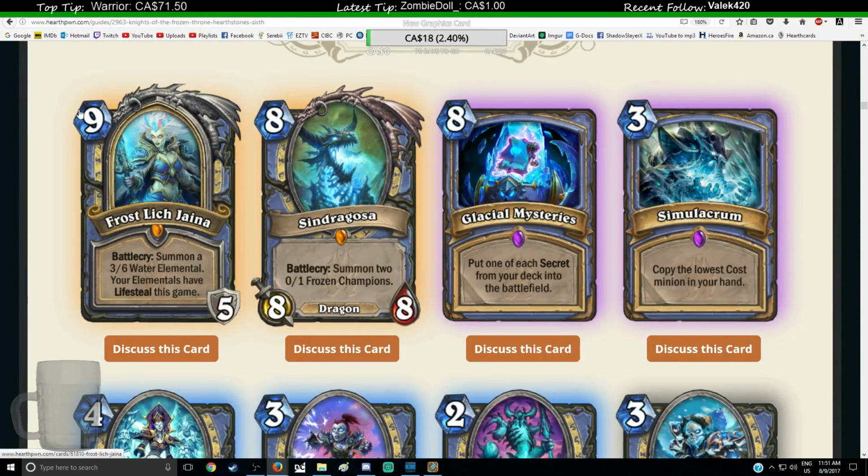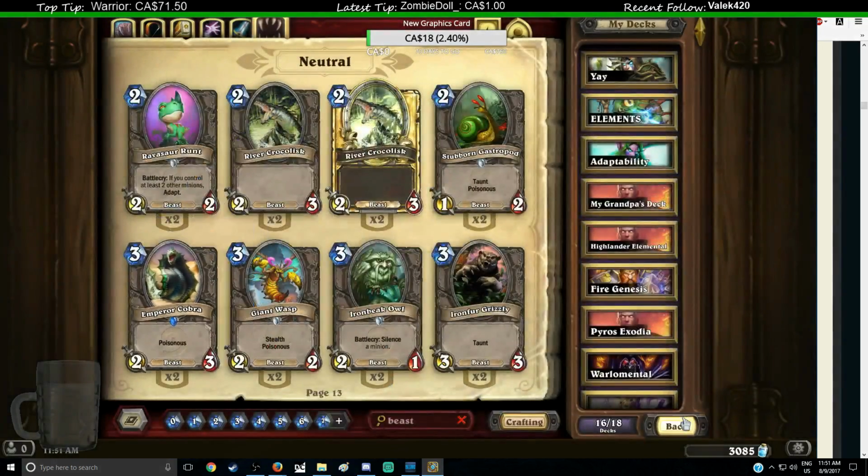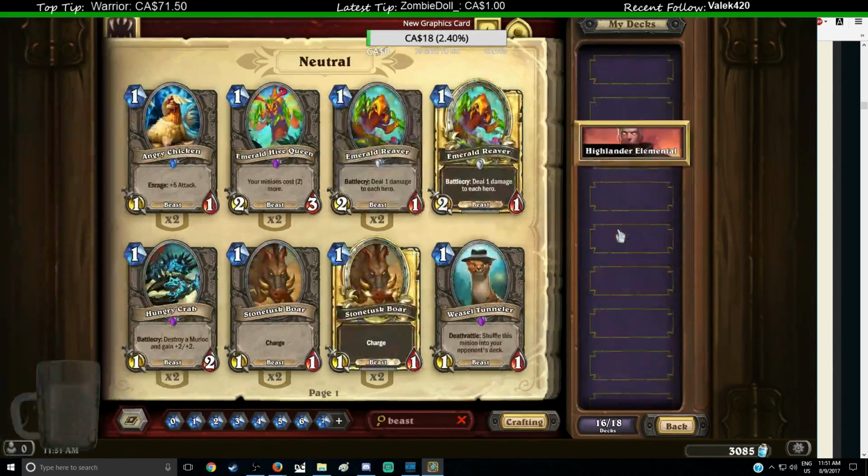Frostlich Jaina, 9 mana, and you always get the 5 armor with a Death Knight. Battlecry, summon a 3/6 water elemental, so that's your regular water elemental, and your elementals have lifesteal this entire game. That enables the elemental mage, which I made. Like, I have a few elemental mage decks, but they were never popular. So I have the Highlander elemental deck,